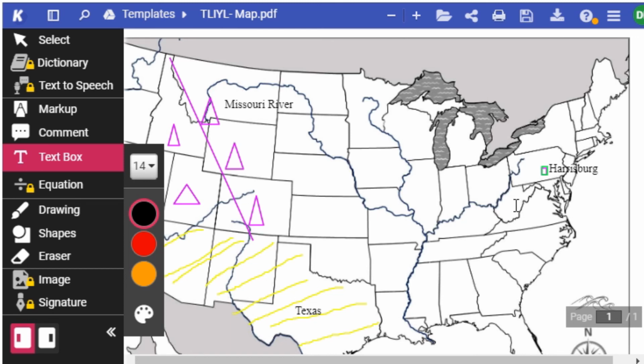If it asks you to have access to your Google Drive, you do want to say yes to that. The big reason is it will keep a folder of all the things that you do in Kami for all of your classes. It'll help keep you organized, and you get to keep your work. Hopefully this works really well for us. I'm feeling very good about Kami as a tool. My 8th graders had good luck with it, and I'm hoping you're going to have good luck